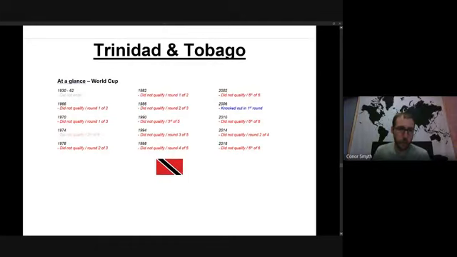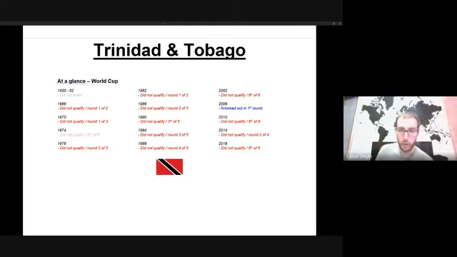Yeah, their qualification for the 2006 World Cup, their biggest success by far, was a surprise but not a shock. It was during a period where they had reached the final round of qualification 3 times in a row, something they've only ever done twice before. In 1974, where they beat Mexico 4-0 and finished ahead of them, but just 1 point short of reaching the World Cup when Haiti took the position. And in 1994, where they also fell 2 points and 1 place shy. But it was a surprise given they finished last in the final stages of 2002 and 2010, no less than 10 points out of contention.